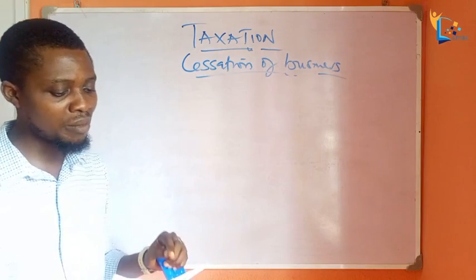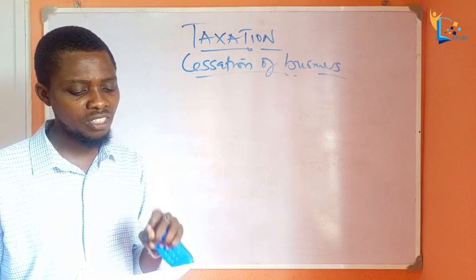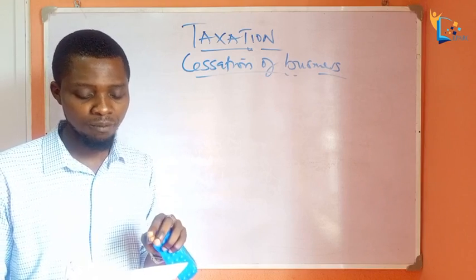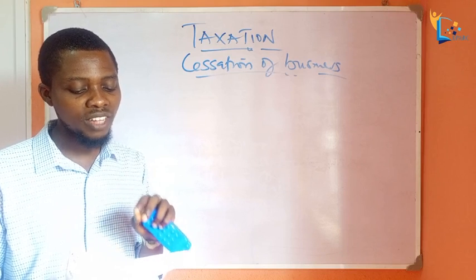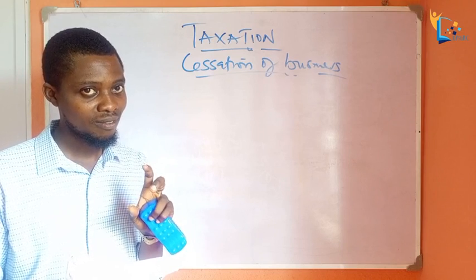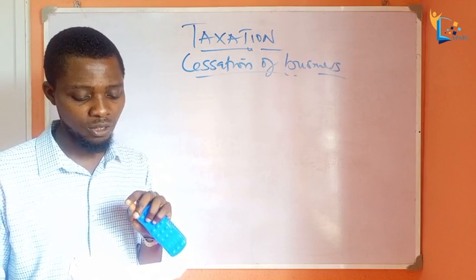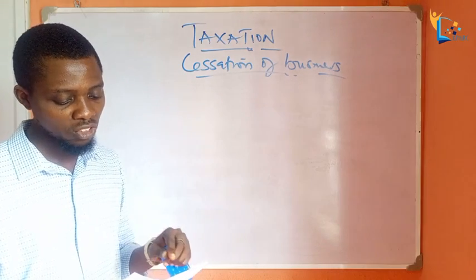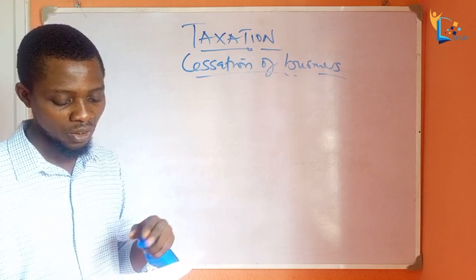Question number one says, ABC Limited has been in operation for many years in Nigeria, but from 2000, it has been facing chronic management problems, which accumulated into serious financial distress in 2003. As a result, the business finally ceased operation on 30th of June 2004. What is the ultimate year here? What is the penultimate year? We're going to find out. The operating results as recorded in the accounts of the business for some years are stated as follows. Adjusted profit for the year ended 31st of May 2001, 450K, and so on.